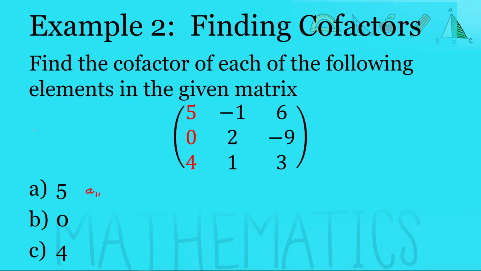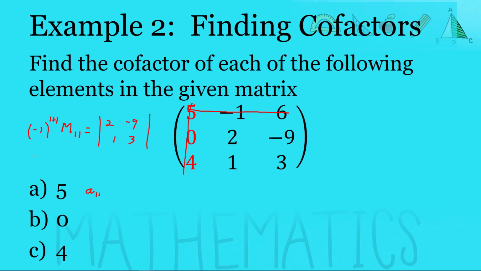Okay, so the cofactor of 5 is going to be -1 raised to 1 plus 1 times the minor for the position of element 1,1. Well, -1 squared is just simply 1, and this is going to be the determinant of the matrix when this row and this row are removed, which is going to be the determinant of 2, -9, 1, and 3,